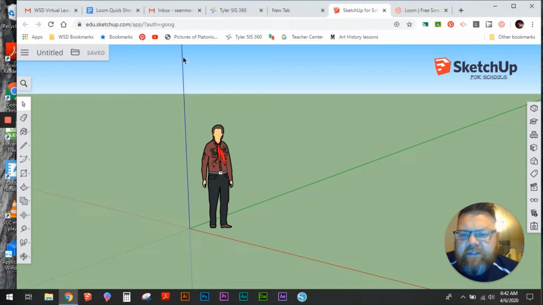And then what you're also going to see here is a blue line, a red line, and a green line. This blue line that exists right here is our vertical axis. So that's our up and down axis, vertical, up and down. And then we have our red line, which we'll call our east-west axis. And then we've got our green line, which we call our north-south axis. So we've got all of these axes, and these axes are going to help us understand where things are being drawn